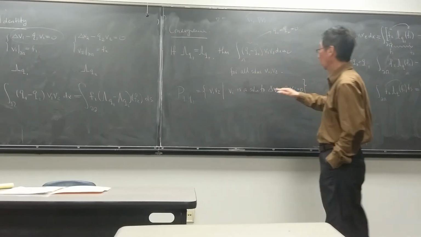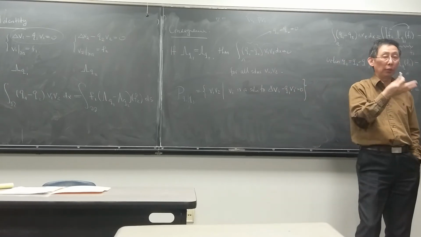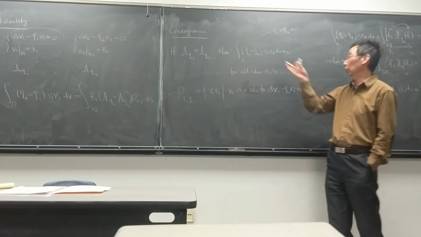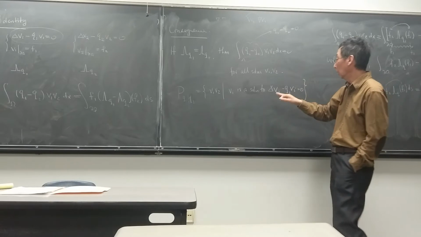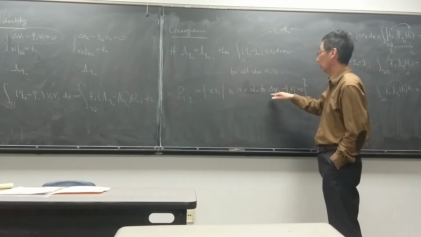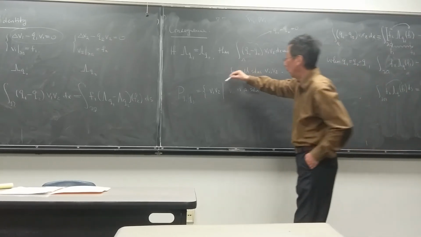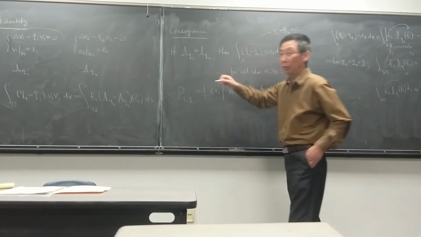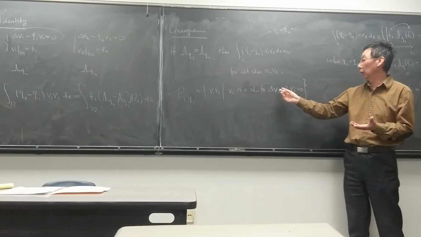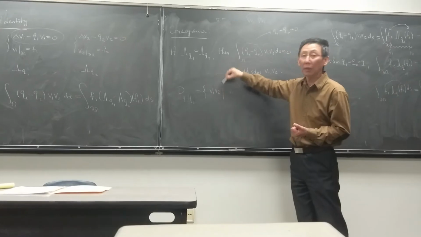Okay, here V1 and V2 correspond to different potentials. V1 corresponds to Q1, V2 corresponds to Q2, right? But here you take an arbitrary solution from these two, and they multiply together. If you multiply them together, you have one product, right? But you have an infinite number of choices of the solution, so you have an infinite number of products involved here.